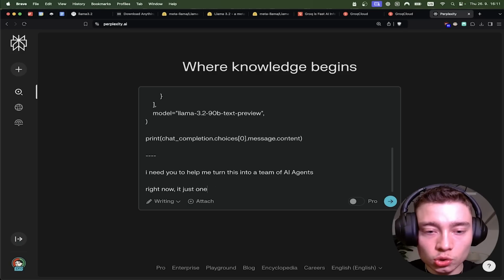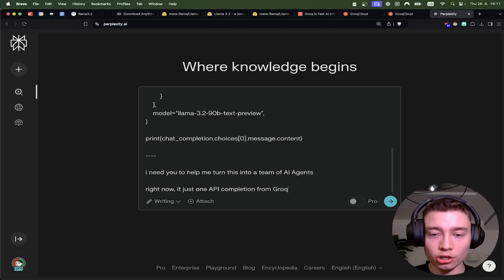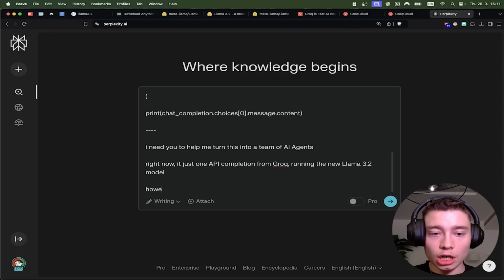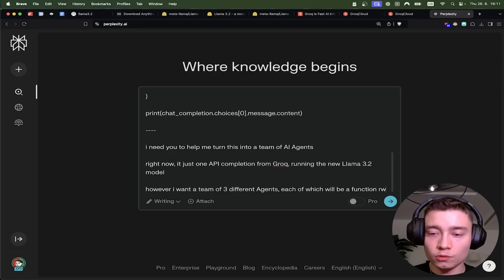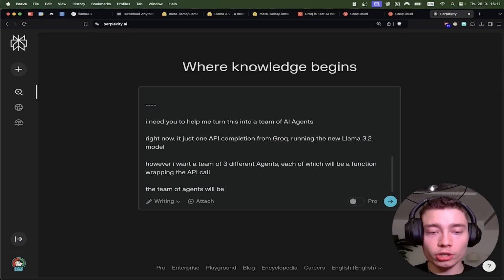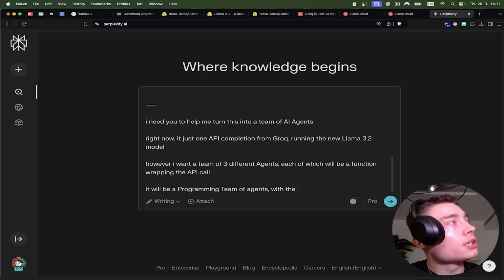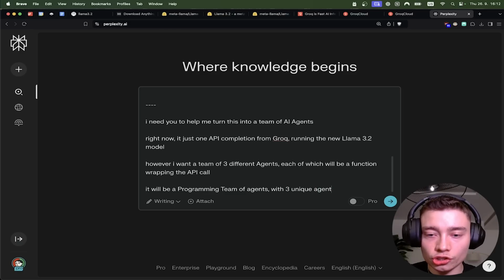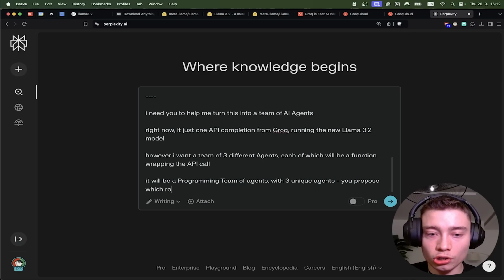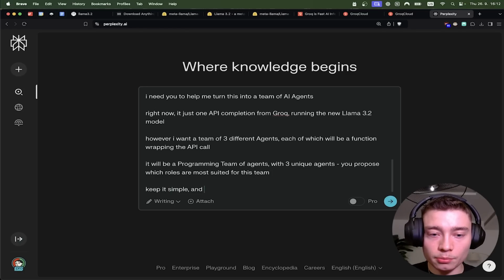Right now, it is just one API completion from Groq running the new Llama 3.2 model. However, I want a team of 3 different agents, each of which will be a function wrapping the API call. Let's do a programming team. It will be a programming team of agents with, let's see, okay, maybe we can ask it actually, 3 unique agents. You propose which roles are most suited for this team. Keep it simple and make sure